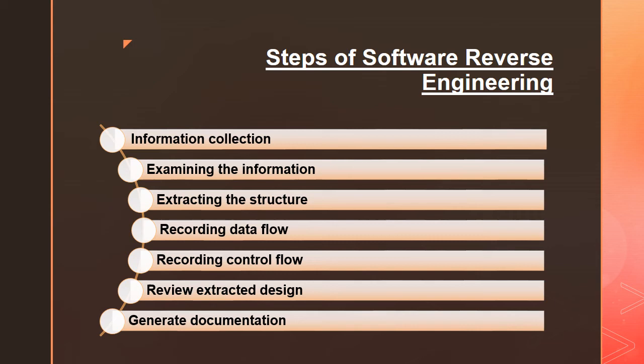Now we are done with all the designing, all the control flow, all the data flow diagrams, and all the information collection. So finally we generate the documentation, and this complete documentation includes all the SRS, all the design documents, an overview of the entire system, and all the history that we have collected and studied of the entire existing system. So all this information regarding the existing system is recorded so that we can use it in the future for our development process.